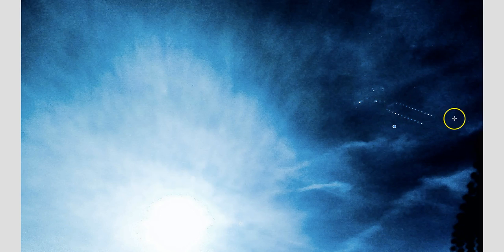So clearly looks like something of intelligent design. Exactly what it is, I don't know. I've never seen anything quite like that. So I'll leave that up to you. But this was taken in Louisville, Kentucky, and you can definitely see the outline of a triangle or an arrowhead